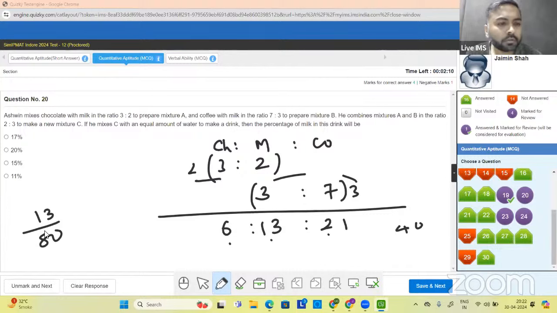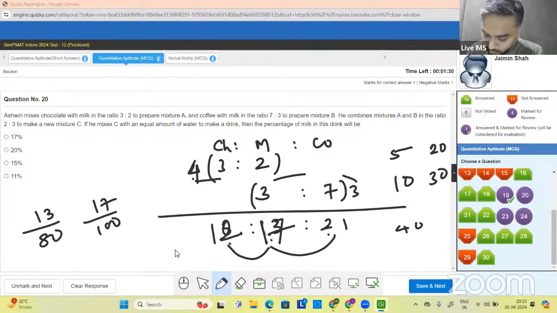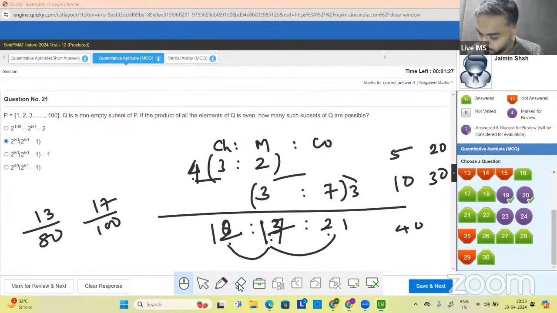Ashwin mixes chocolate and milk in the ratio 3:2 and prepares mixture A. हाँ, silly mistake। बेसिकली ये 5 पार्ट्स है और ये 10 पार्ट्स है, and he mixes in the ratio 2:3। सो I will make this 2:3। इसको 20 बनाना है, इसको 30 बनाना है, तो ये 3 है, इसको 4 से multiply करना है, तो ये 12 हो गया, इसमें 4 add हो गया तो ये 17 हो गया, and this remains 21। So this is 29 and 21 is 50, 100। तो 17/50, 100, 17%। ठीक है।